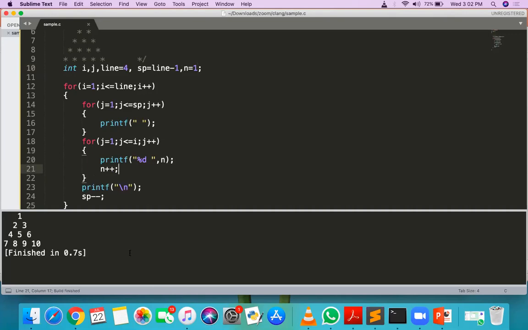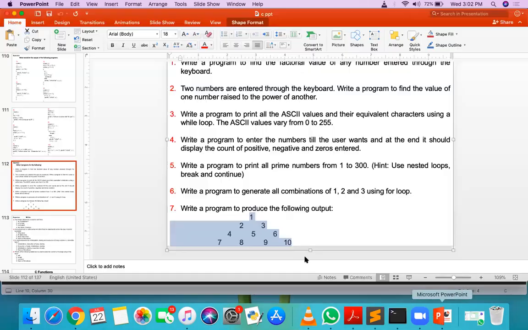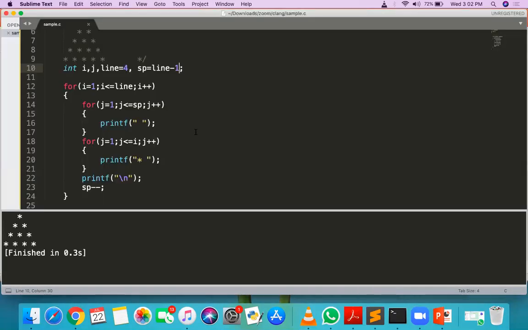So what is this? Can you repeat again, sir? Yes. Okay, so when I execute this program, I will get all stars here. I want to replace that star with this type of output: 1 for the first star, 2 for the second star, 3 for the third star, 4 for the fourth, 5 for the fifth, like that. So how to get it?